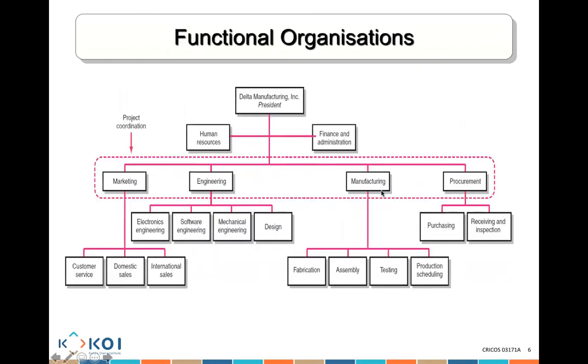Now it looks like that. You have your organization, you have HR, you have finance, you have marketing, let's say engineering, manufacturing, and procurement. In this example, the project has to go through all of these departments. Marketing has different people, engineering has different people, manufacturing has different people, and so on. But the work gets coordinated through the managers, and the managers tell the people in marketing what to do. Once it's done, they coordinate with engineering. The engineering manager coordinates with the team members to tell them what to do. Then it's done. Then the list goes on and on.